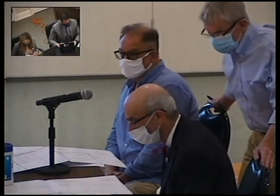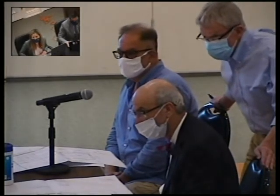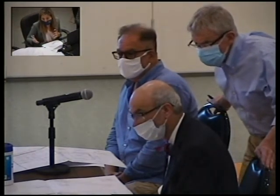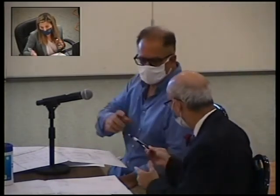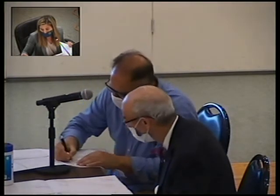A couple comments then on that, as we're talking about the map. So it's really, like you had mentioned, consolidating and then subdividing. So if you could add notes listing all the lots that are going to be combined into Lot 1 and all those that are going to be combined into Lot 2. And if you could clarify that the unimproved paper roads are being abandoned and also merged into either Lot 1 or Lot 2. So the unimproved portion of Spring Street is going into Lot 1, and then the unimproved portion, whatever you're not going to be improving for the Palmer Ave extension, I guess you're calling it, that'll be merged into